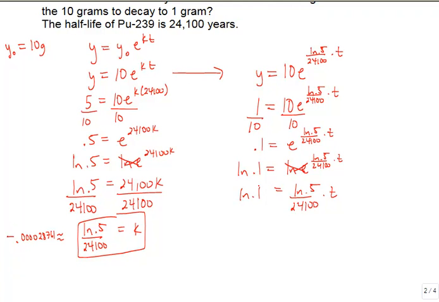And then to solve for t, we just want to get rid of this coefficient. So what I would recommend, since this is a fraction, is just multiplying both sides by the reciprocal. So I'm going to multiply both sides by 24,100 divided by ln of 0.5. And that'll cross out this, giving me just my t. And then in your calculator, you're just going to type in 24,100 times ln of 0.1 divided by ln of 0.5. And that is